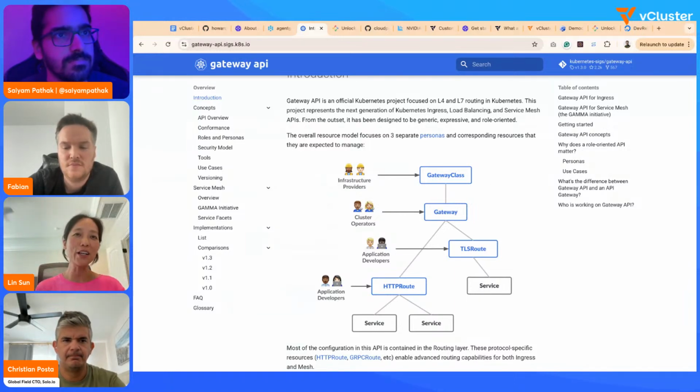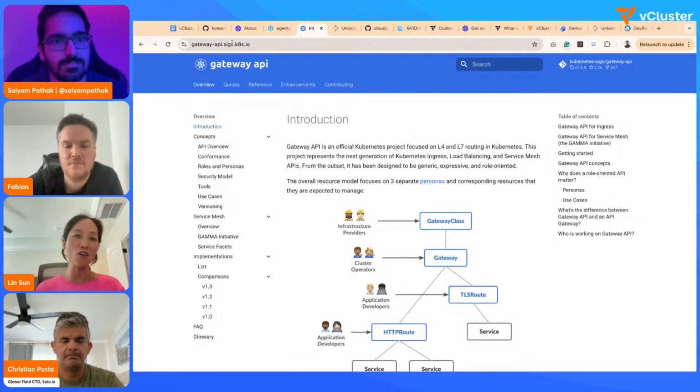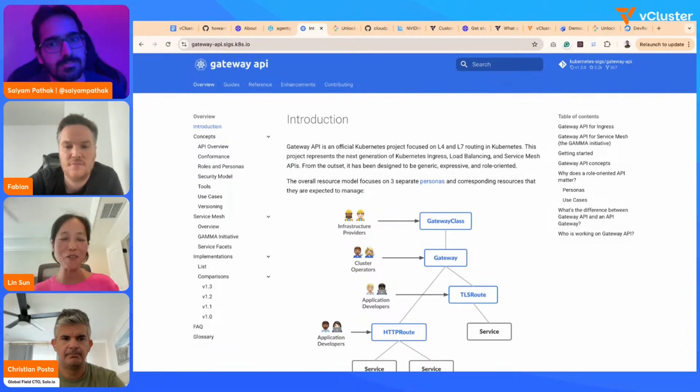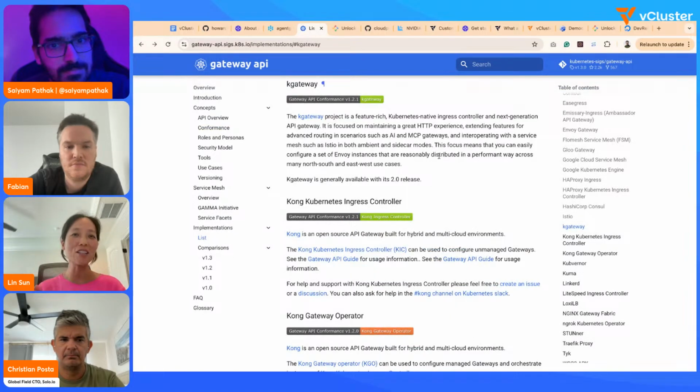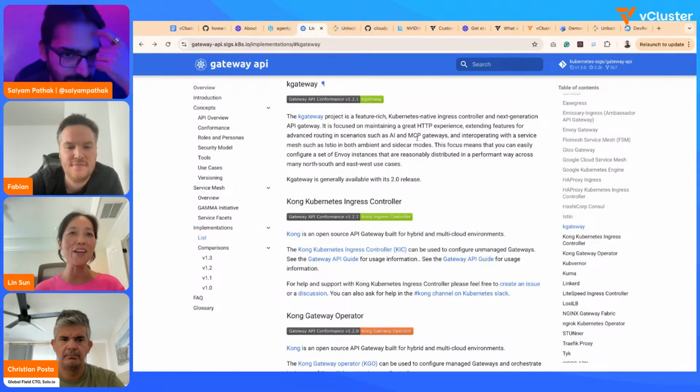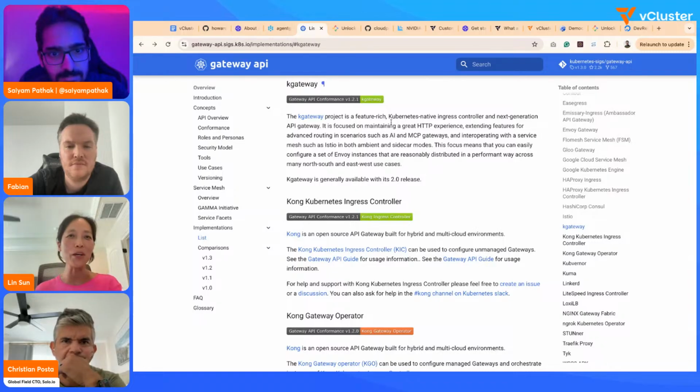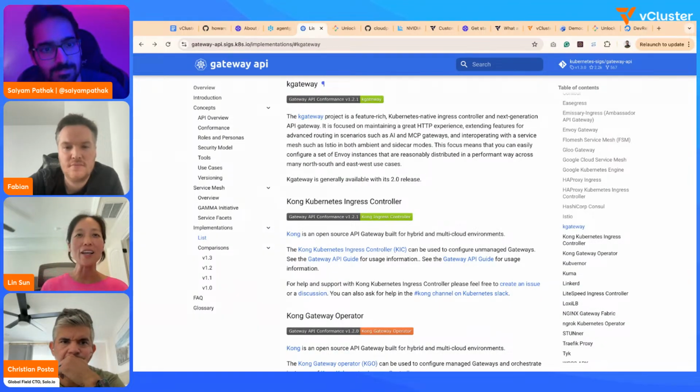But now Kubernetes Gateway API is the future of networking API in Kubernetes. So everybody is busy adopting the Gateway API, and so is the kgateway project. If you check out the implementations, you can see kgateway is listed there twice, because one is with the Agent Gateway, the other one is the Envoy-based proxy in kgateway.